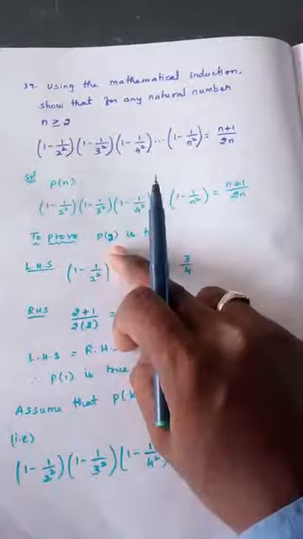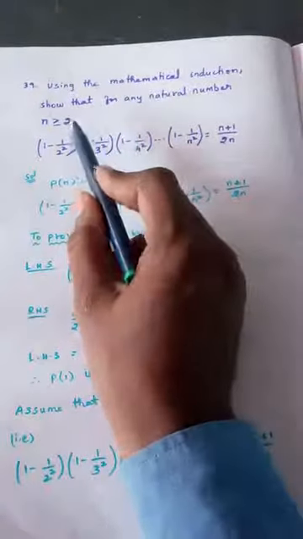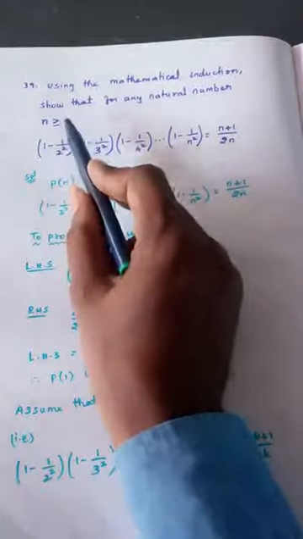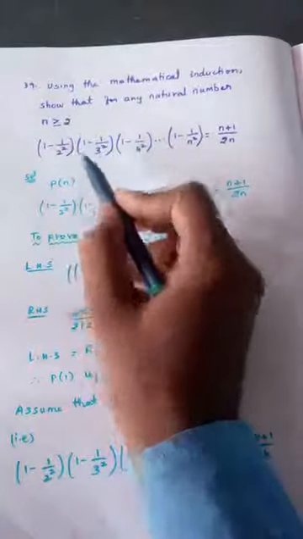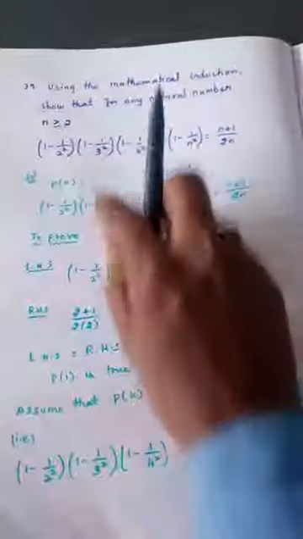Don't get confused with previous sum and this sum. Again, I repeat, P of 2. Since it is given n, the result can be applied from only 2. The result is not given for n is equal to 1. So, even if I write P of 2, we have to prove it is true. We should take only one term, first term, because 2 is the starting term for us.